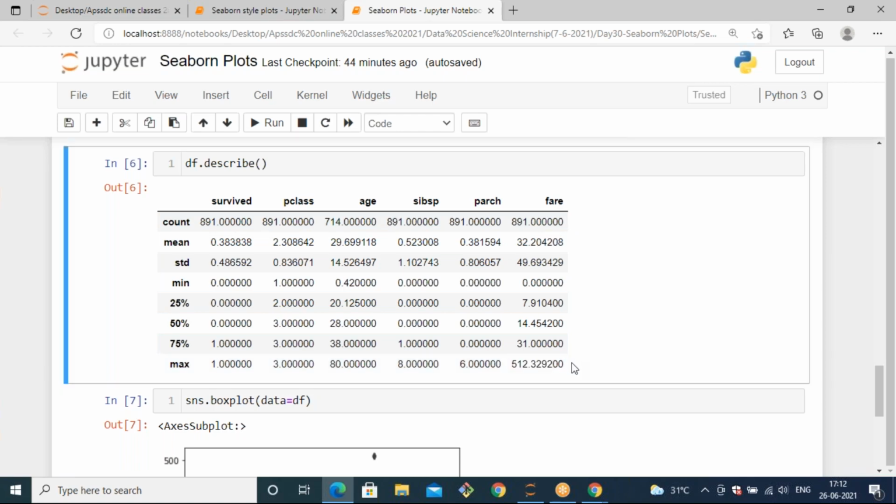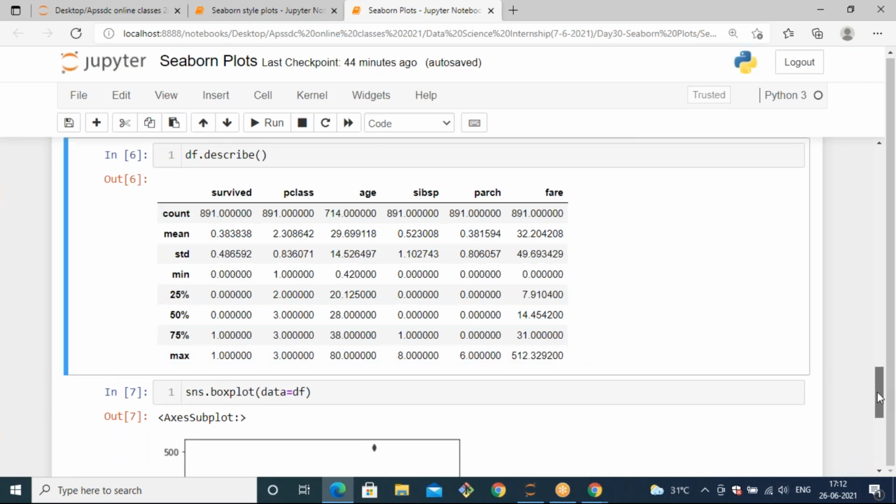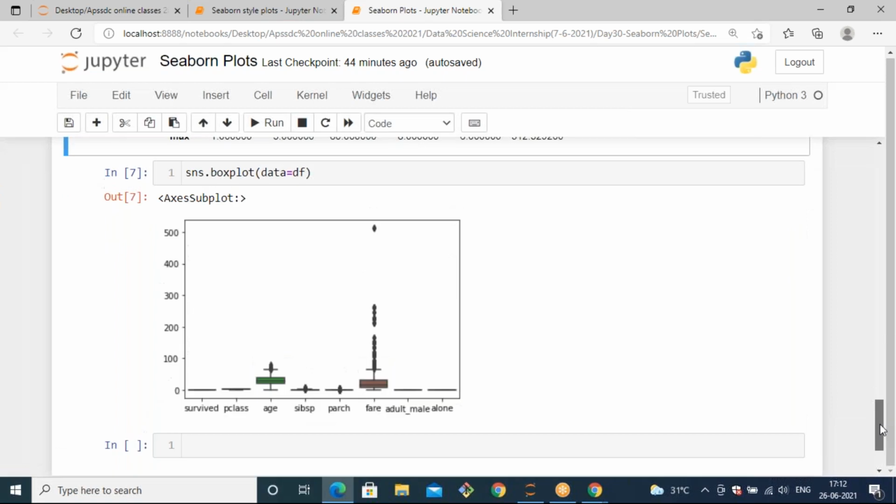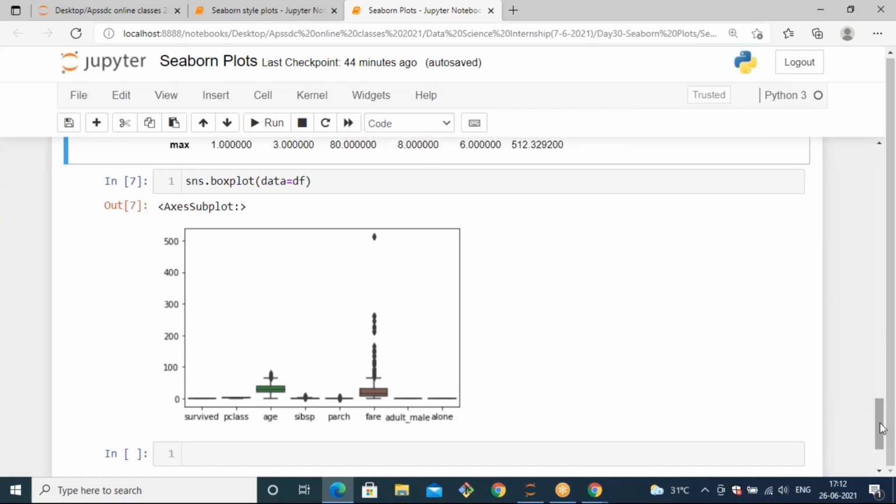So based on the distribution of the data, it will generate the box plot, because the name itself says it is a categorical distribution plot. So it is going to distribute the data, and it will generate the boxes only for integers as well as Boolean kind of data. And sometimes, other than integers and Boolean, we need to specify some extra target features also. We need to visualize some data with respect to our classes also. In that case, we need to typecast that data. After typecasting, we can visualize the box plot.